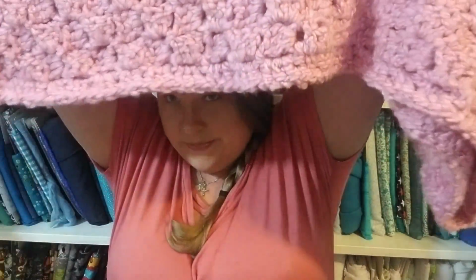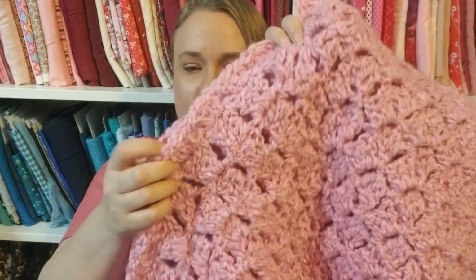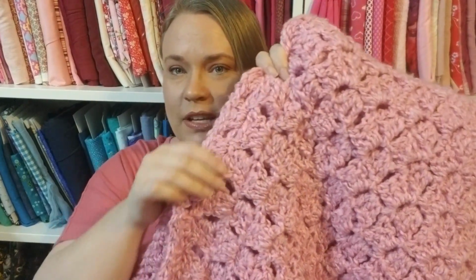finished objects. But this, my dears, is my finished object. It is, alright, so this is it folded in half. And it's almost my whole wingspan. It is a corner-to-corner stole style wrap. And I used Mikey over at Crochet Crowd's corner-to-corner border, which